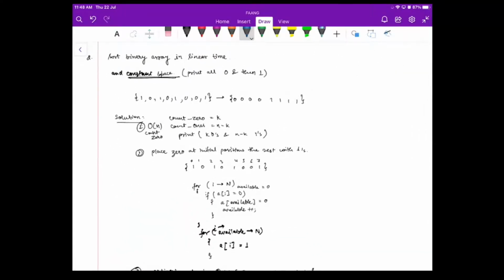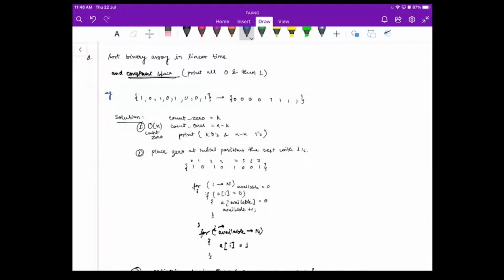So the second question: sort a binary array in linear time and constant space. Print all zeros and then ones. A binary array contains only zeros and ones. Here is the example given. What we need to do is print all the zeros first, and then print